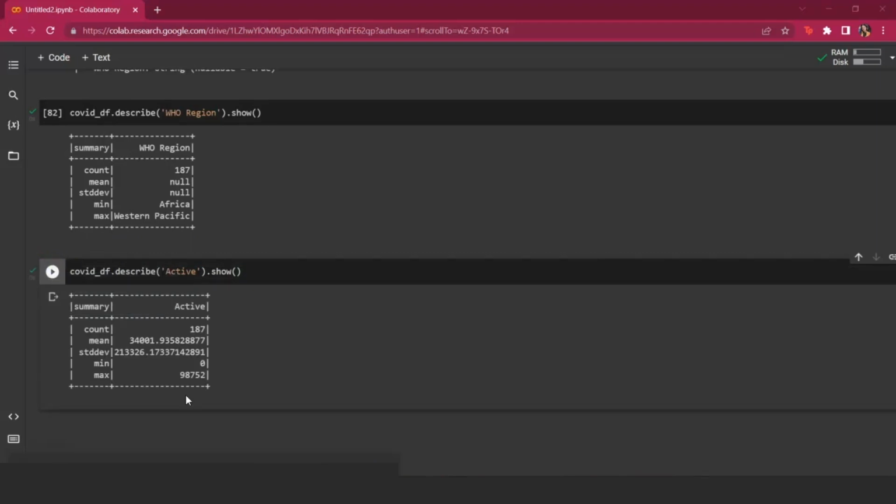Here also the count of total records is 187, the mean value is approximately 34,000, and the standard deviation is near about 21,326. The minimum and maximum values are given as 0 and 98,752. So now we can also select a particular column or more than one column to show their details by using